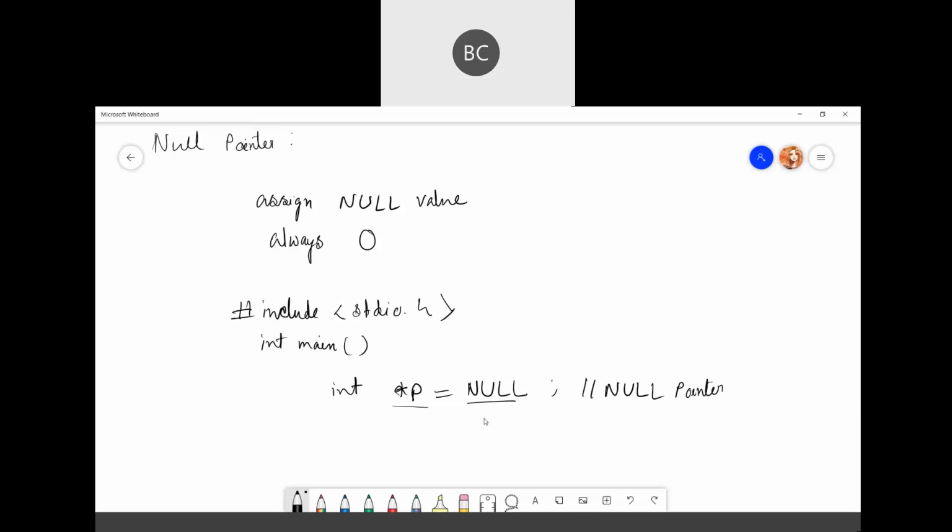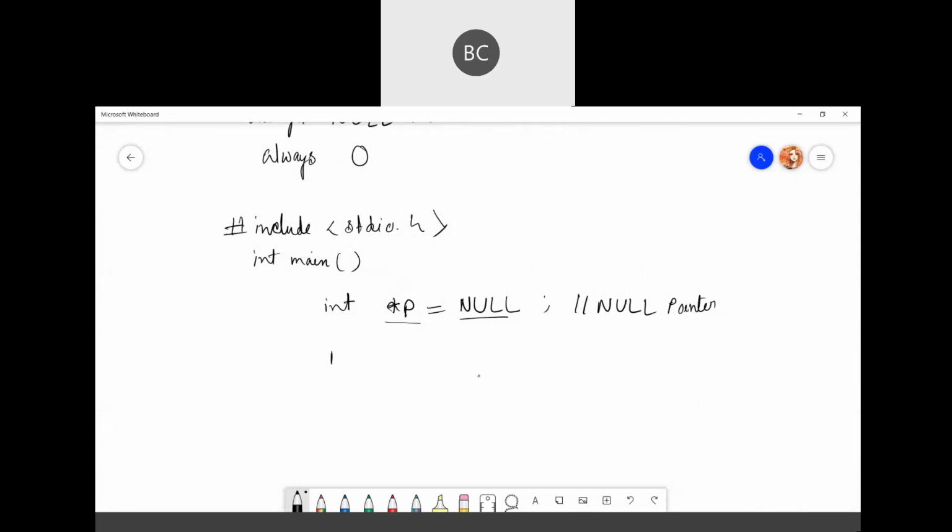If you print the value, then you will just get zero. So this is how you define a null pointer.